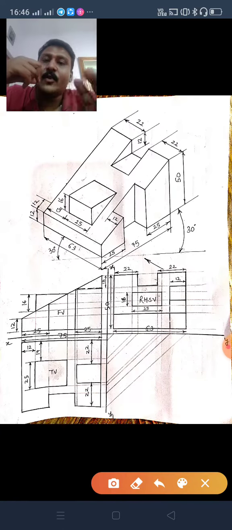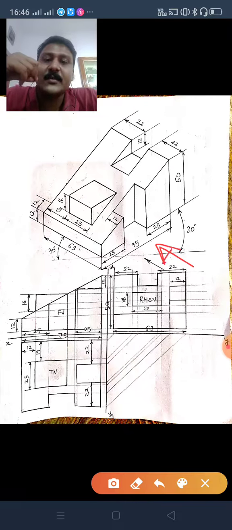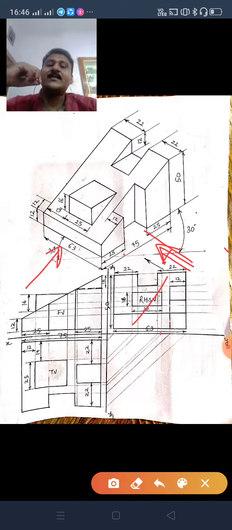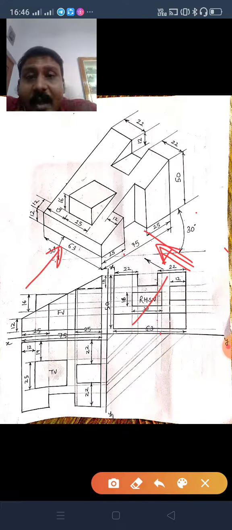So now you have drawn this diagram and you have to project it in a two-dimensional figure. One thing is clear, the arrow is given here, means this is the front. From here you are watching. So if this is the front, then definitely this is the left side, this is the right side. So the side view from here is the left hand side view, but you have to draw it on the right side. That's why I have drawn the left hand side view on the right hand side. Everything else is the same.